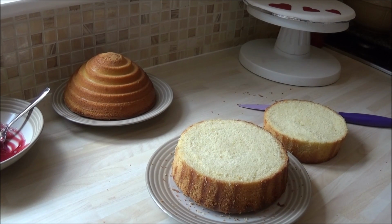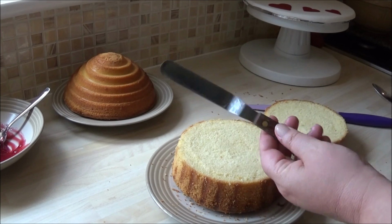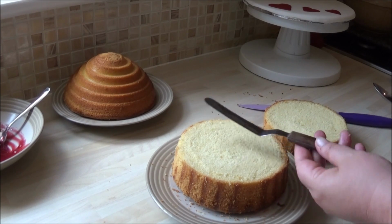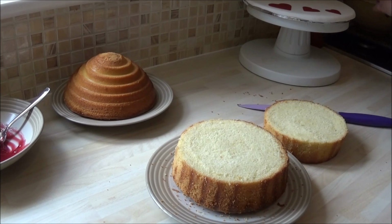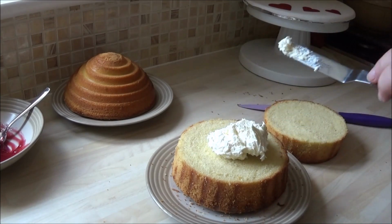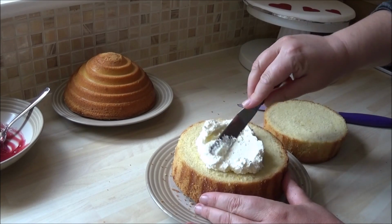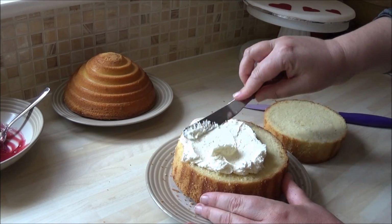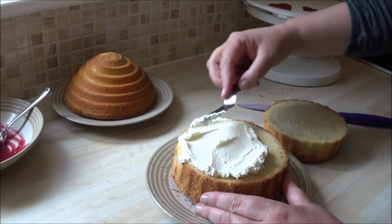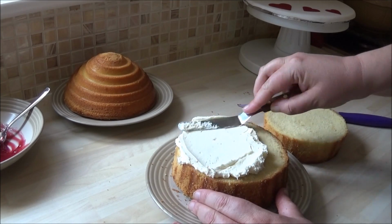So you can use a spatula or whatever method you want. I tend to use this. It's perfect for the job because it's small and it's flexible. So I place some cream. We'll start with this, holding the cake if you can, and push. Don't spread it all over if it tears. It's better to add more buttercream,